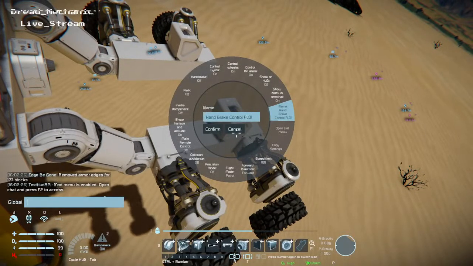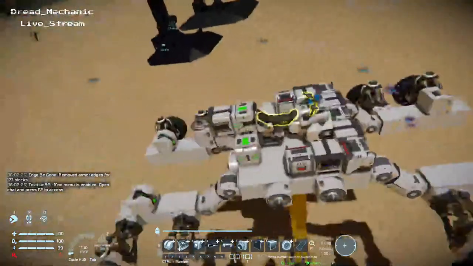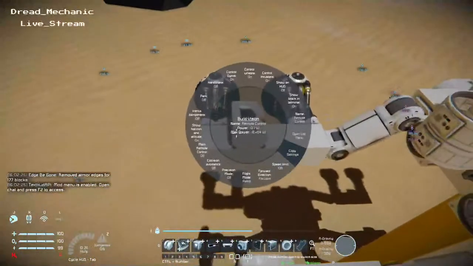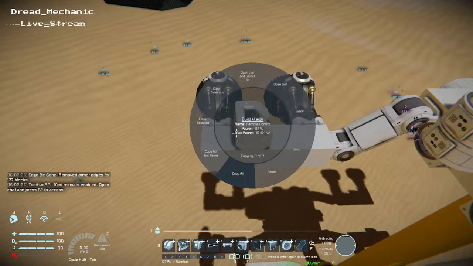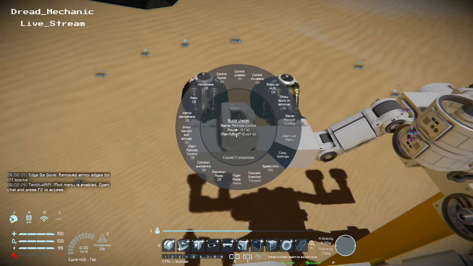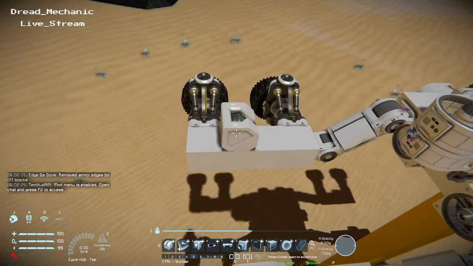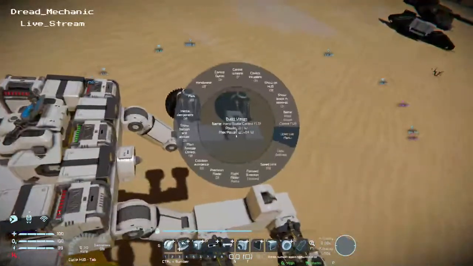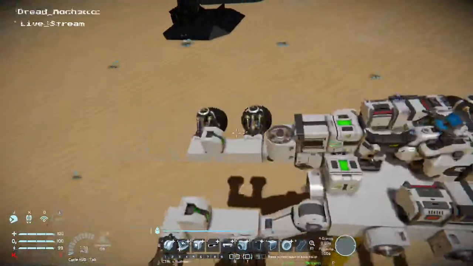The FR01. Because you can't actually trigger the handbrake from the wheels, but you can trigger them from a pilot seat or a remote control block,